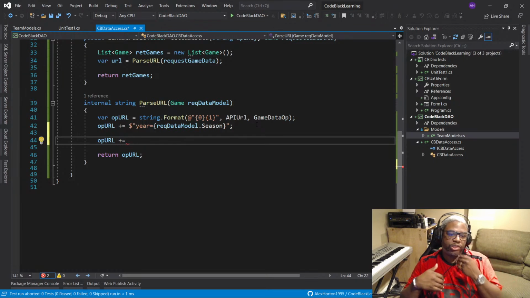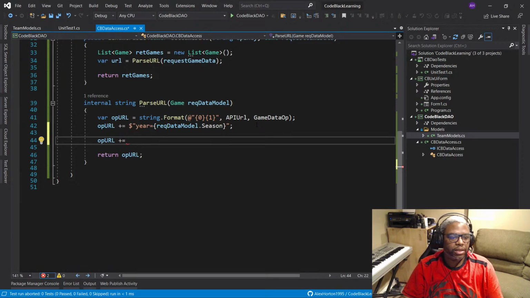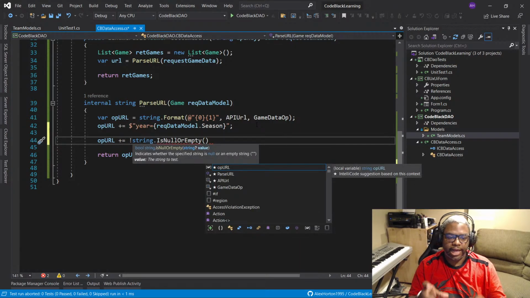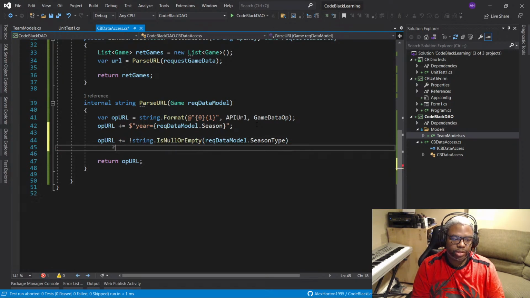Now what we need to do is conditionalize this. What if they do put, you know, postseason in there or something like that, right? So what we can do is put in a condition saying if string is null or empty, meaning it has no value or it's an empty space, and we're going to say request data model dot season type, which is a string. If it's that, I'm going to use a null coalesce operator. And I'm going to say, using string interpolation again, season type equals,